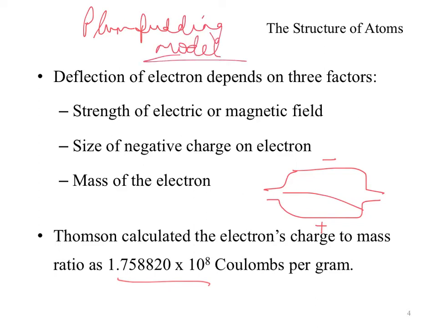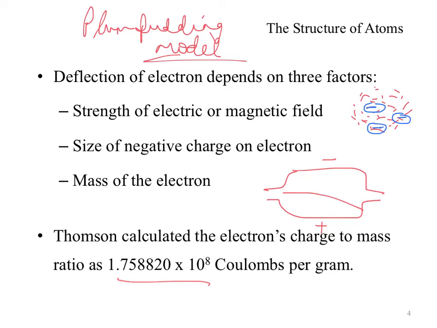And what he said was that the positive charge is kind of like a gigantic sphere, and the negative charge is embedded within it pretty much the same way as would plums in pudding. And so that's why the analogy. As we will go forward, you will see that this model was discarded based on several experiments that were done by Rutherford. But before we get to that, I would like to talk about another scientist by the name